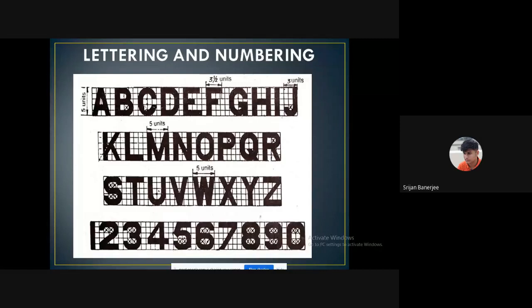Is it clear to you? How much is 1 unit equivalent to over here? There is some standard value I have shown, but that depends on the size of your drawing. If you are drawing on a large scale and you use very small letters, then that is not suitable. But as of now I can say that 1 unit means 1 millimeter, you can take in that ratio.